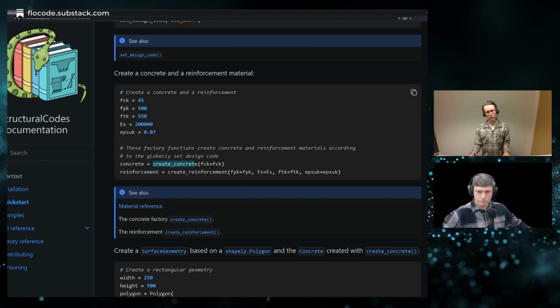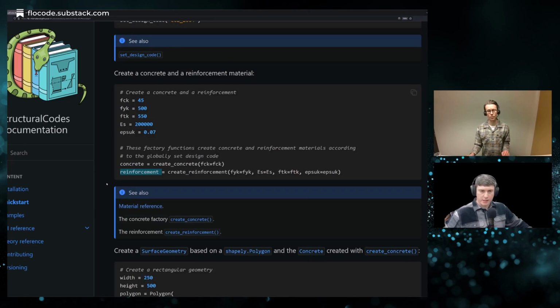Next, we're using factory functions to create materials. So here we create a concrete material and a reinforcement material. These two objects are objects of type material. So they are objects that store properties, so material properties, and they also store pointers to constitutive laws that we can use in, say, an iterative solver in order to trace a stress strain diagram, for example.